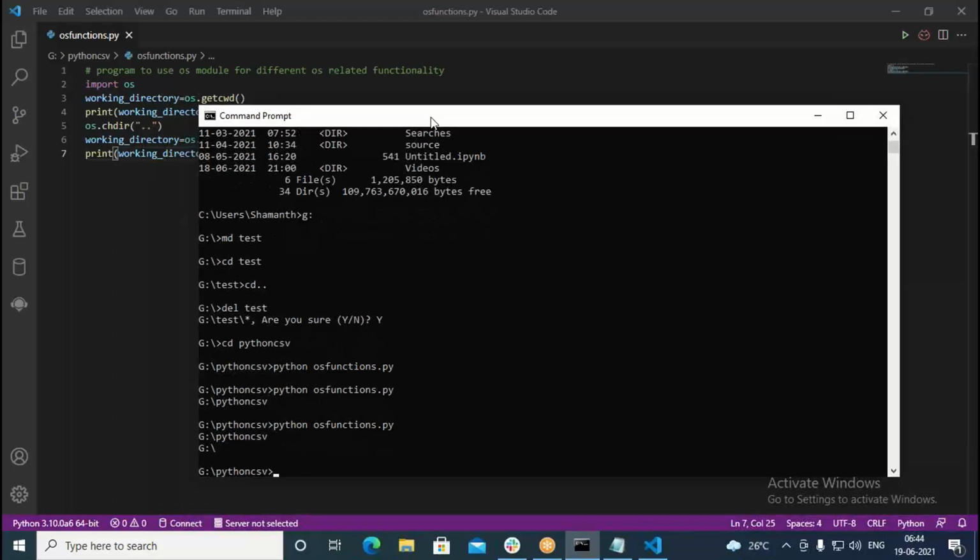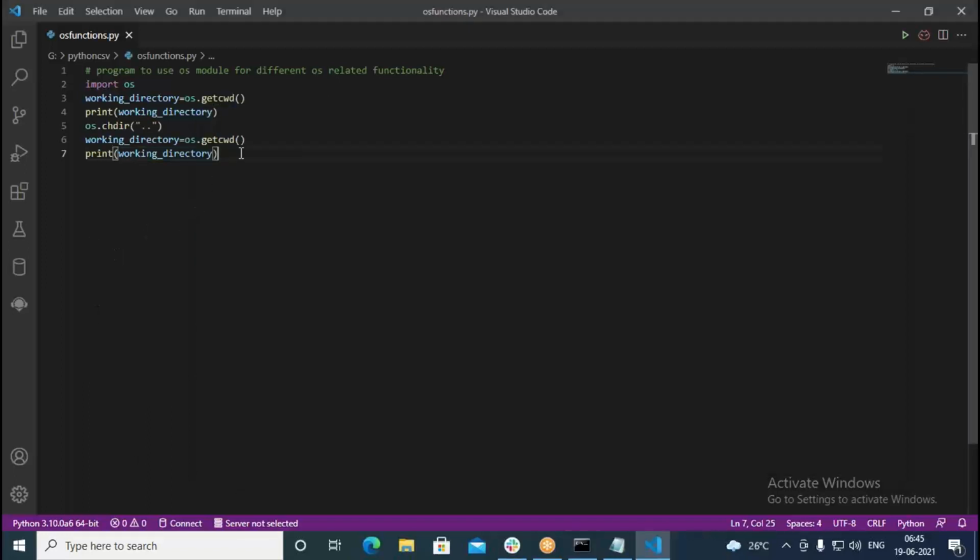So Python CSV is what here? It is a child directory in the G drive. So G:/ can be the root directory, and in that you have Python CSV. Initially we were in the Python CSV folder. When we put dot dot, where is it going? It is going to the root directory. So using dot dot, we can change the directory. We are changing directory from Python CSV to the previous directory. Here the example we have taken is Python CSV, so that's why it is coming into the root.